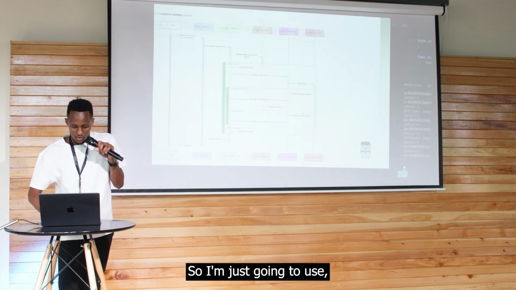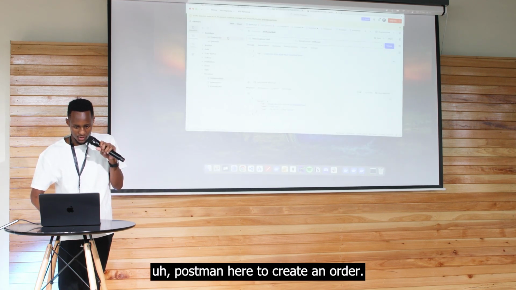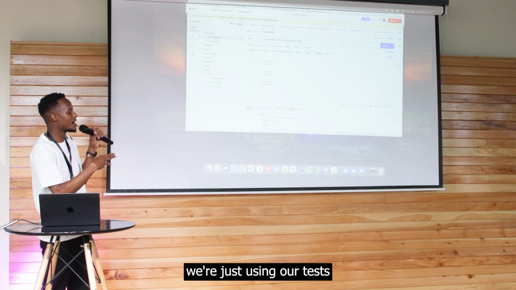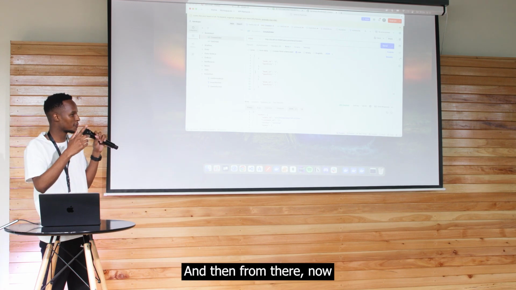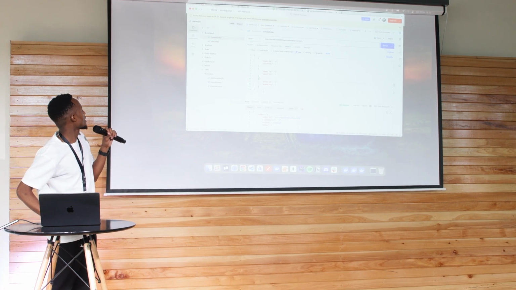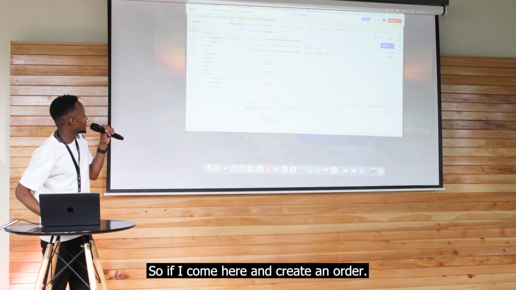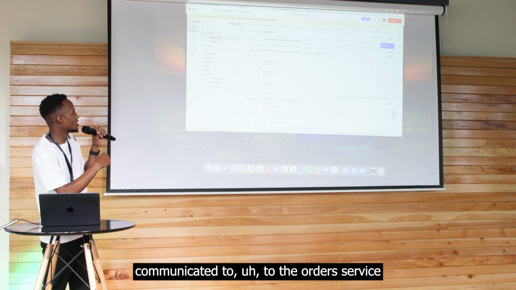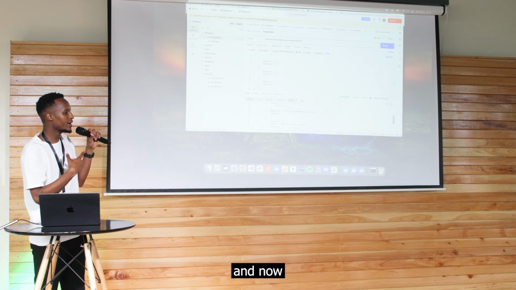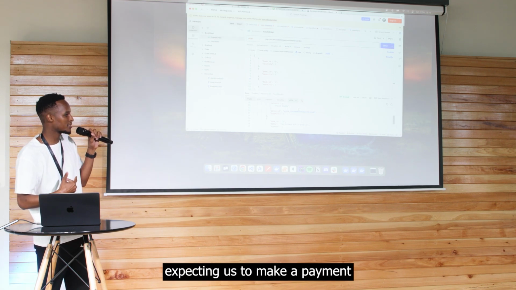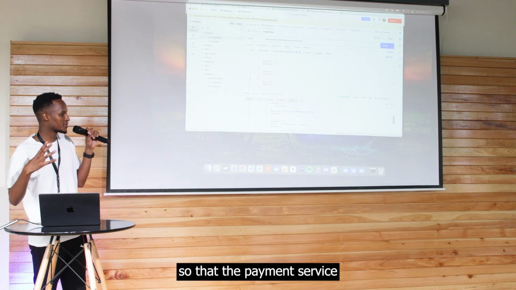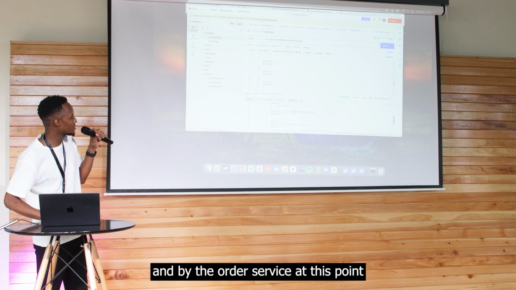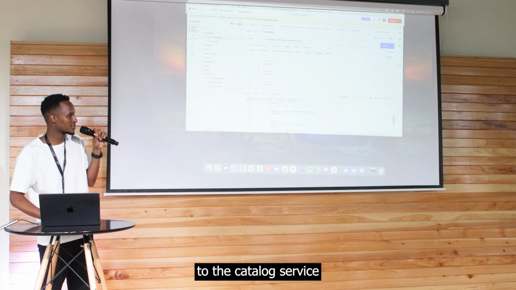So I'm just going to use Postman here to create an order. Remember that from the outside world to our system, we're just using REST to access the gateway service, and from there we're using gRPC. So if I create an order, the gateway service has communicated to the order service, and now the order service is expecting us to make a payment, so that the payment service finds out about an event. The order service at this point has also communicated to the catalog service,